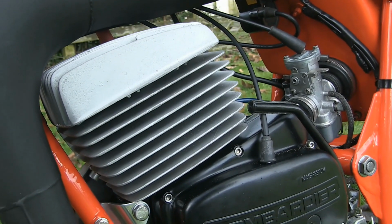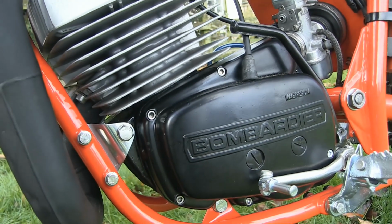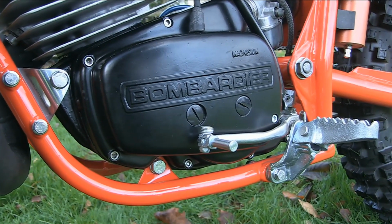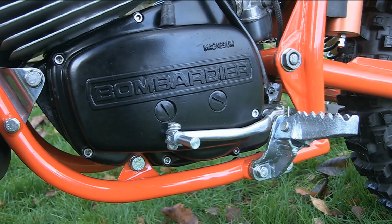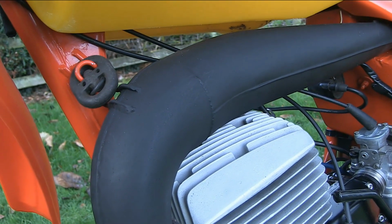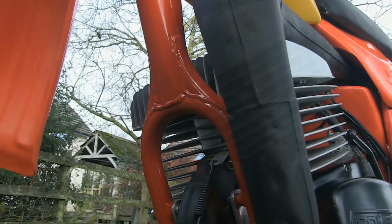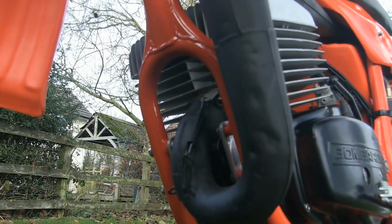Now once again, these Cotton EMXs used the Austrian-made Rotax two-stroke motor, and apart from the bike's frame, swing arm and expansion chamber, all the other parts that EMX used to build these machines were sourced from outside manufacturers, mainly because this was a much better option rather than the company tooling up their own factory to manufacture their own components. Although these exhaust expansion chambers were made in-house by the EMX company, whereby they constructed these in a flat configuration and then expanded them using hydraulic pressure until they got the desired shape they needed to fit back onto